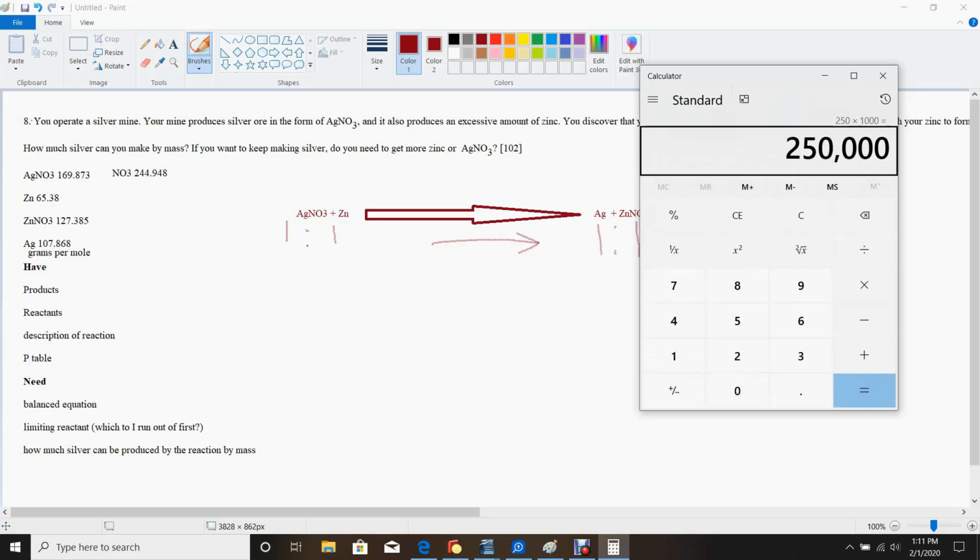I have 250,000 grams of AgNO3, and each mole has a mass of 169.873 grams. So I'm going to divide that by 169.873,